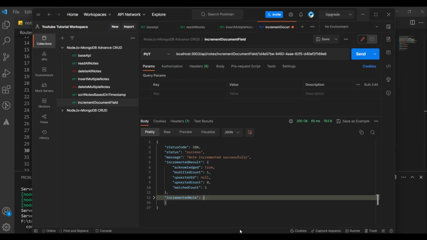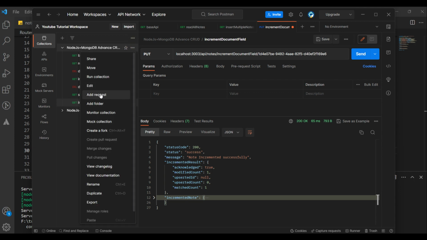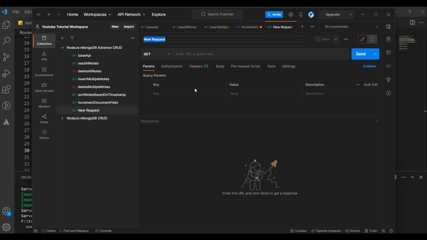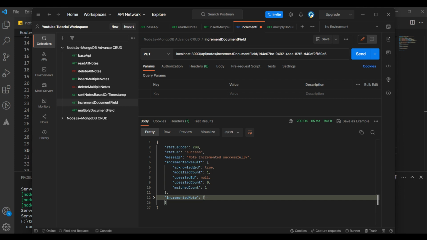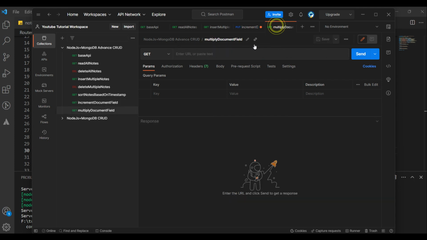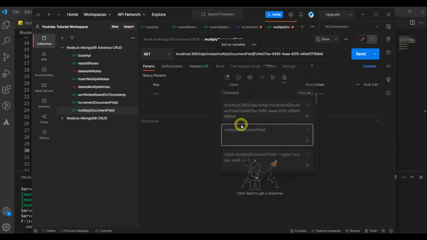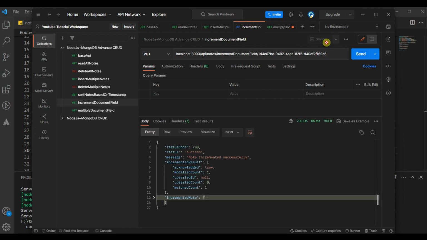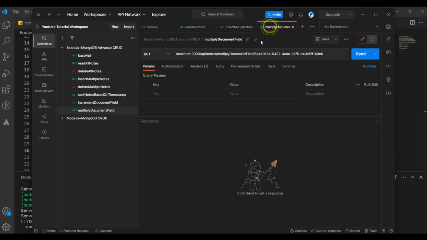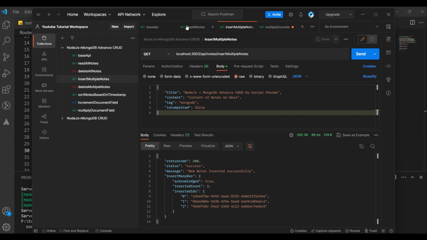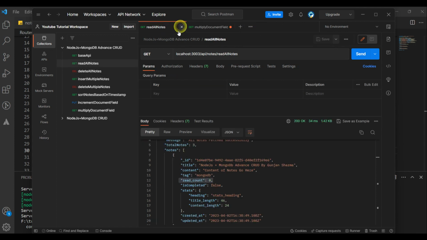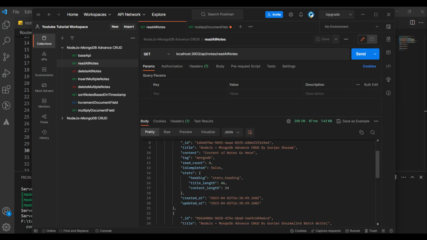So let's roll to the Postman and create one new request. Postman will ask the name, we will give multiplyDocumentField name. Inside param, just copy this entire thing and paste, and this only we will modify to multiplyDocument. Fine. We will save it and we will remove this increment. Now we came to multiply. So the moment we fire this API, the ID we are seeking, I will show you. ID is